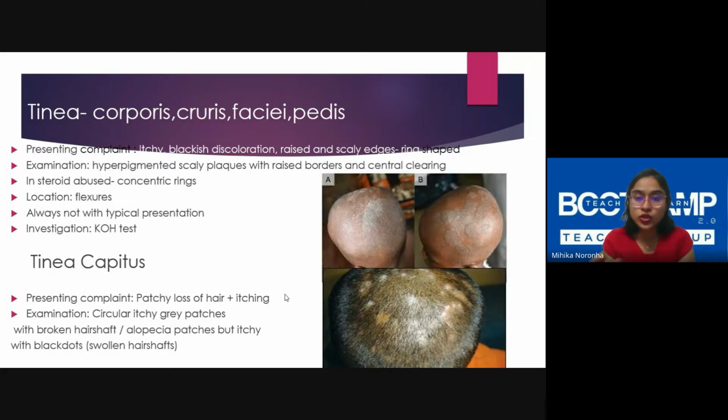The torch will give you two things. One is it will tell you whether the border is raised or not. And the way to do that is to shine the torch tangentially onto the surface. So very often when you're not sure if it's a patch or plaque, and I get a message, ma'am, I don't know what it is, the raised lesion, when you shine the torch, will become very obvious. And those dots you will only see if you use the magnifying glass.